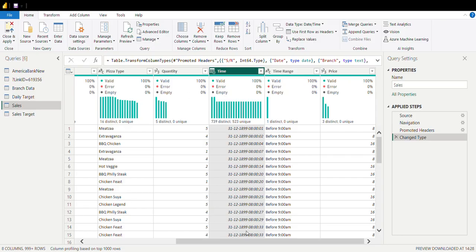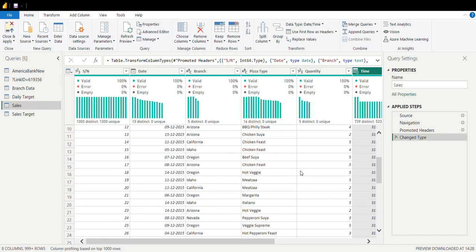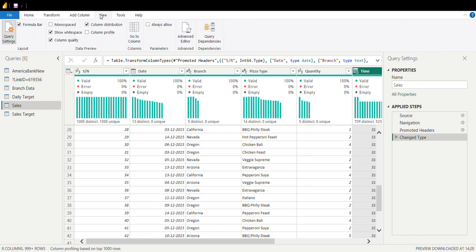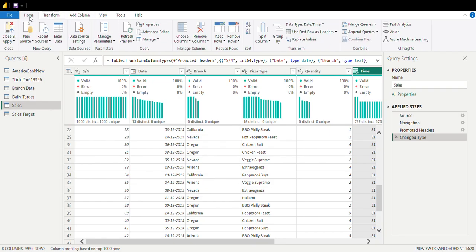Okay, so this is your Power Query editor, where we have the queries on the left side, and on the right side you have this information which we are showing to you. This is shown from your column quality, column distribution and show white spaces. So whatever you have is shown here, and if you want any changes to be applied, then you can apply them. That is, you can go here and click close and apply. If you do that, it will